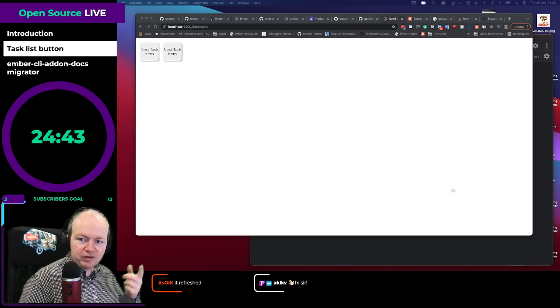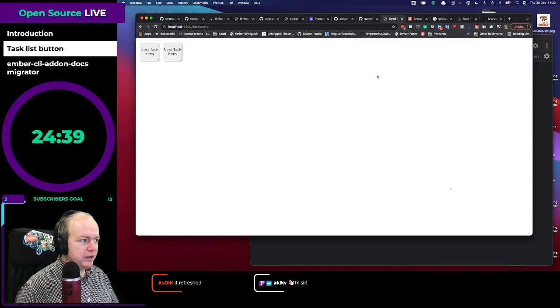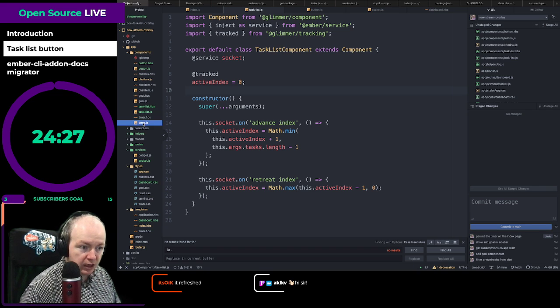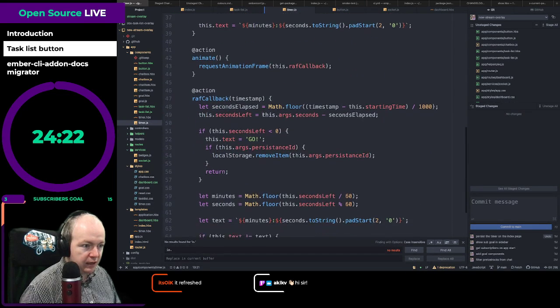Because of the refresh, it's reset. So what we can probably try to do is something similar to what we have in our timer, where we have something like,